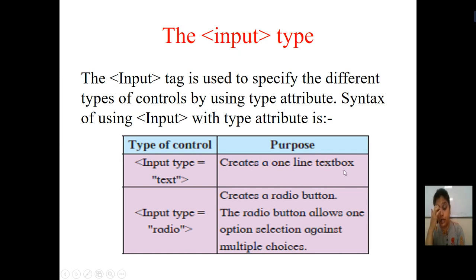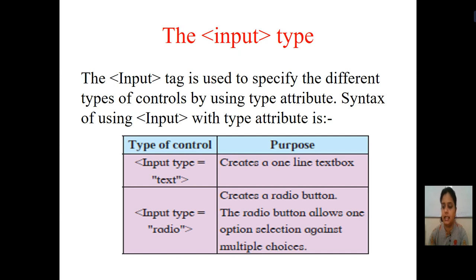What is the use of input type is equal to text? Input type is equal to text will allow you to type text, or to create a single line text box. That is, a single line text box is created when input type is equal to text is written.